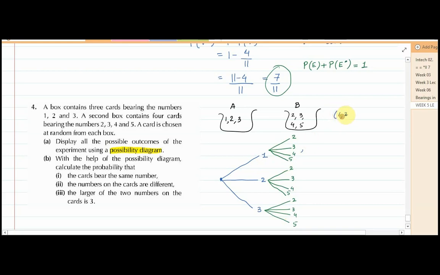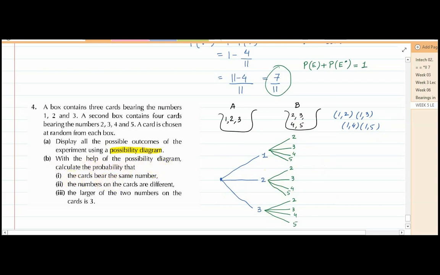1, 2 it's possible, yes. 1, 3 yes. 1, 4 yes, and 1, 5 yes, and then you will make with 2, 2, 2, 3, 2, 4, 2, 5. So this diagram basically cuts down our effort and saves our time. Now with this diagram you can find the result easily. In part B it says, with the help of the possibility diagram, calculate the possibility that the cards